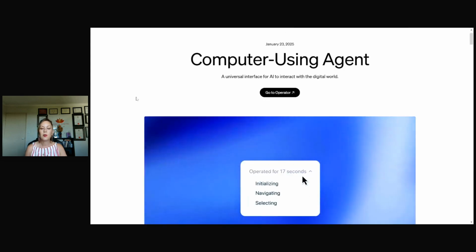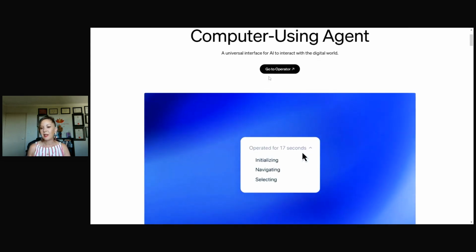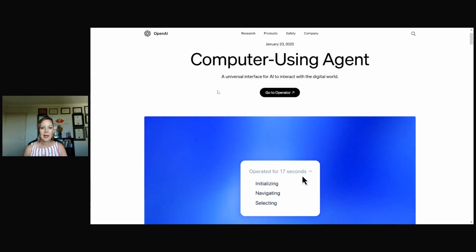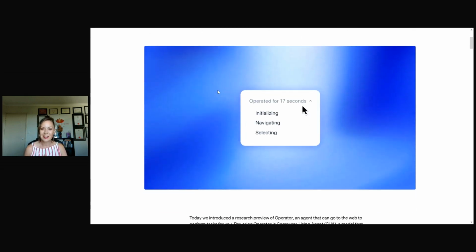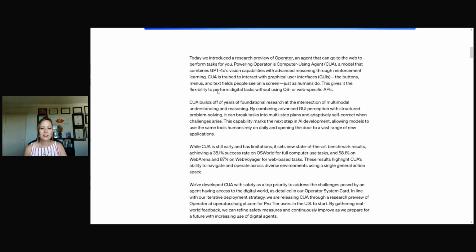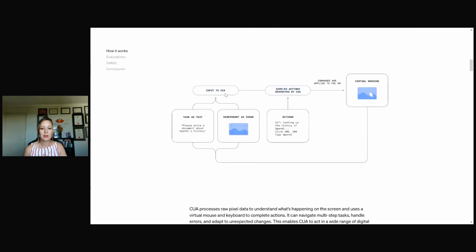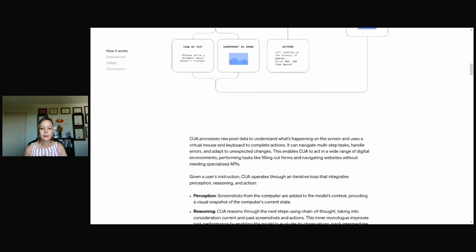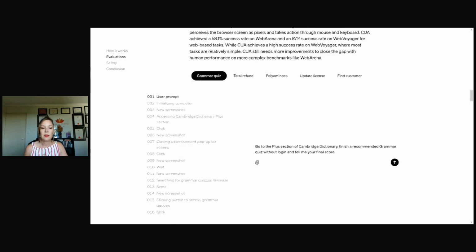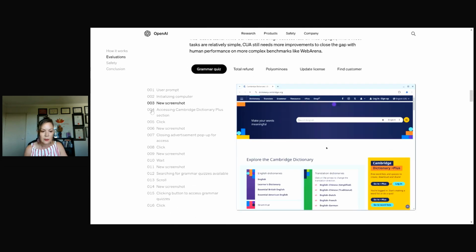And so if you lived in the US, you're a subscriber to ChatGPT, you could just click on that and have access. However, in Australia, I checked just before this, we don't have it yet, so hopefully soon. And so I'll scroll down because it shows you all of the chain of process that it goes through. So it does this sort of perception through screenshots, reasoning as it analyzes and takes action on what you want it to do. But there's some examples here.